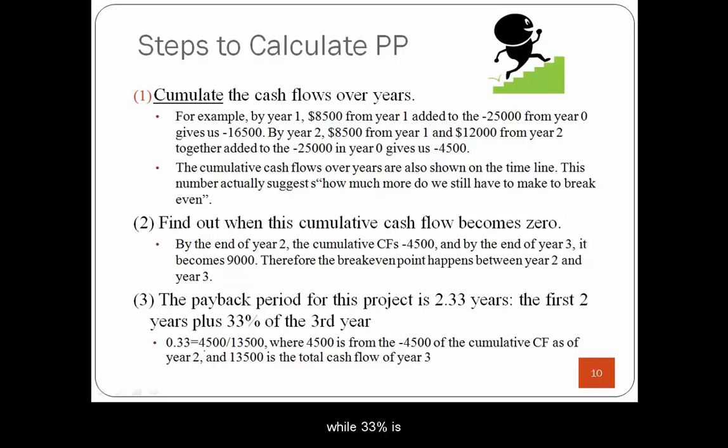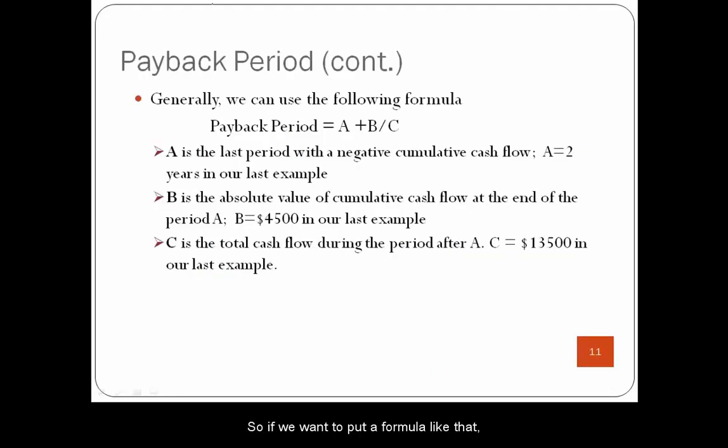Well, 33% is 4,500 divided by 13,500, and 4,500 is from the negative 45 of the cumulative cash flows as of year 2, and 13,500 is the total cash flows of year 3. So if we want to put a formula like that, you can write it as A plus B divided by C, but you of course need to know what is A, what is B, what is C, according to your